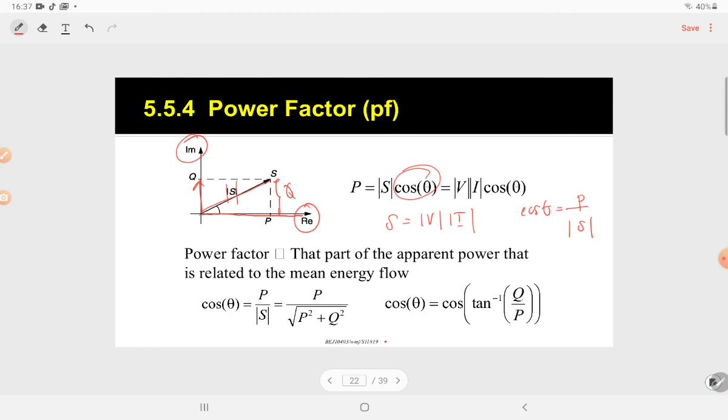And cos theta is P divided by S, right? So similar with this. Or you can also say that it is the inverse tangent of Q divided by